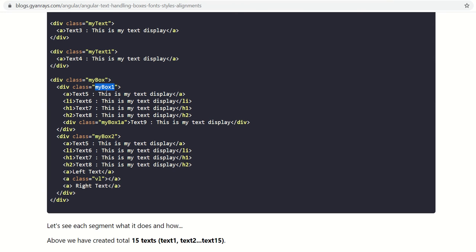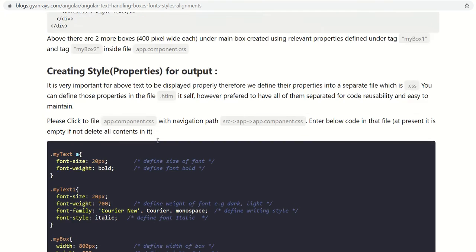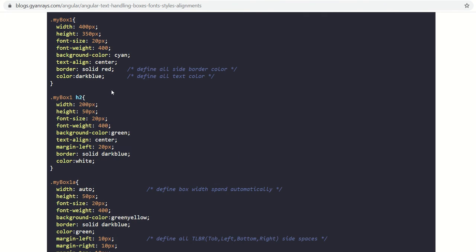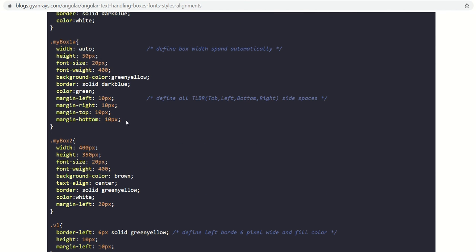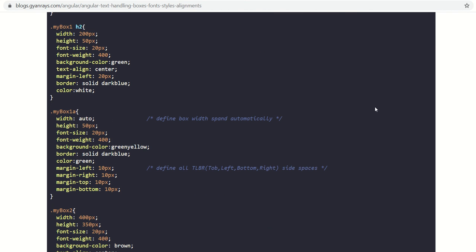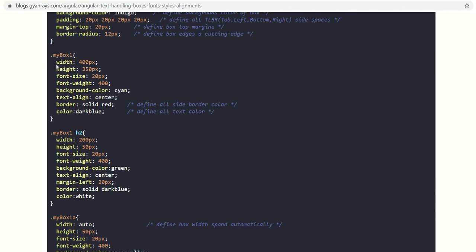Let's see how these properties are defined in our .css file. This is my box 1 and this is my box 2. If you see, both have almost the same properties. The width is 400 pixels, height is 350, font size, font weight, and so on. The color is cyan. Now what we are doing is aligning the text written under this box, my box 1, centrally, and the border color is solid red.